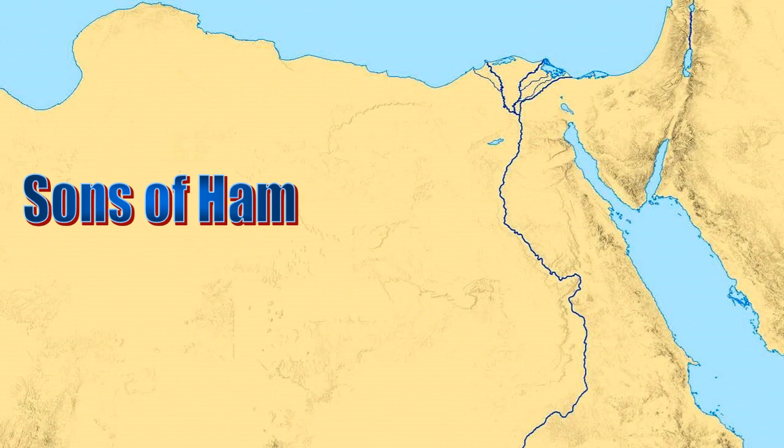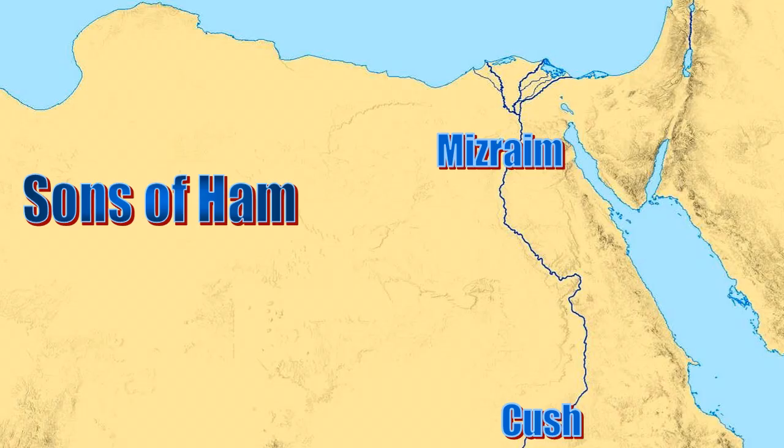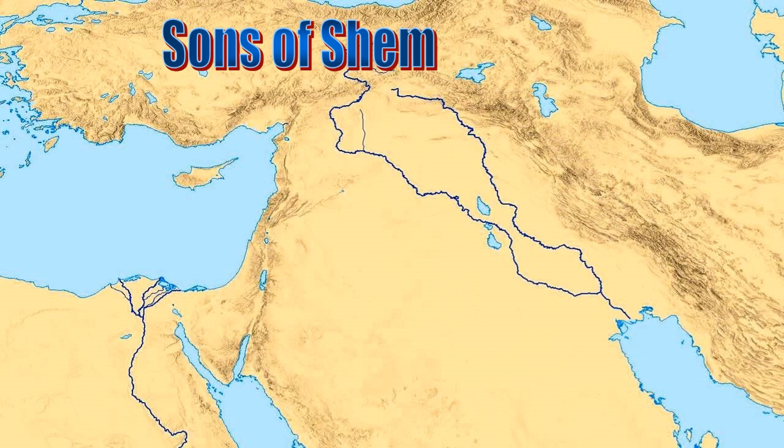Next, we look at the sons of Ham, and they are described as Cush, which is way down to the south of Egypt. You have Mitzrayim, which was their term for Egypt. You also have Put, which corresponds to Libya, and Canaan from the land of Canaan. Finally, you have the sons of Shem. Elam is mentioned. The Elamites were to the east of southern Mesopotamia as you go to the mountains to the east. Asher was their term for Assyria.